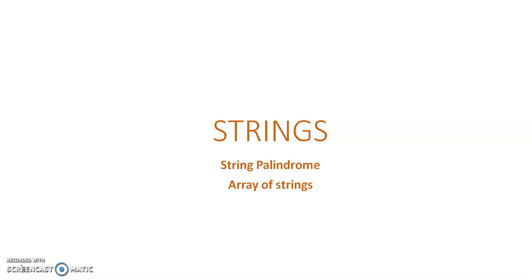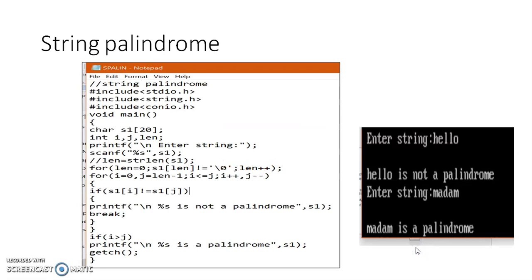So first of all, what is meant by a palindrome? How do we find whether a string is a palindrome? A string palindrome means the reverse of the string should be equal to the given string. For example, madam, M-A-D-A-M. When we display the string in reverse, it will be the same as the original string madam. Another example is civic, C-I-V-I-C. When we reverse the string, we get the same string back. So civic is also a palindrome string.